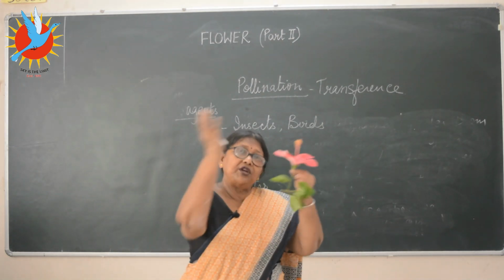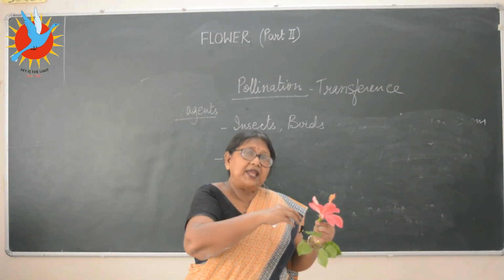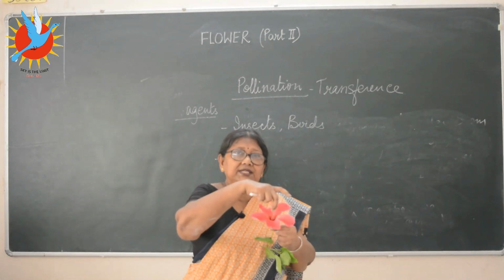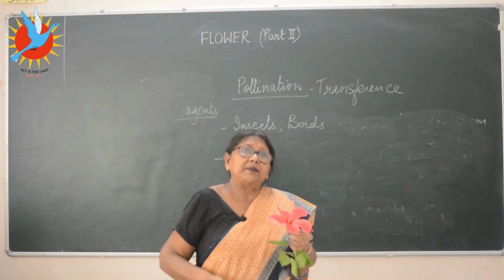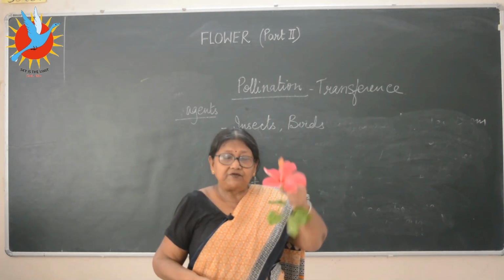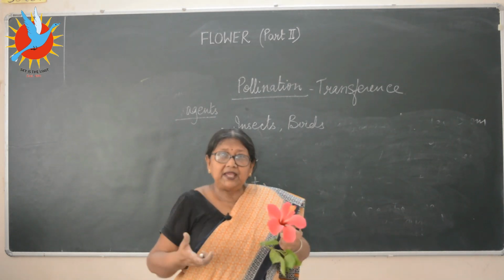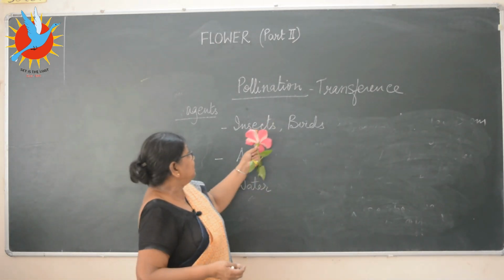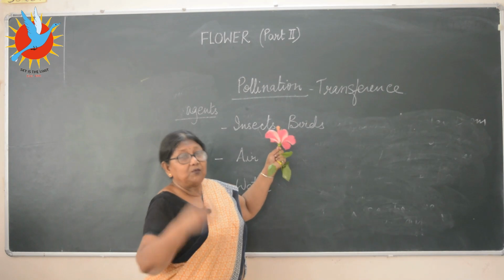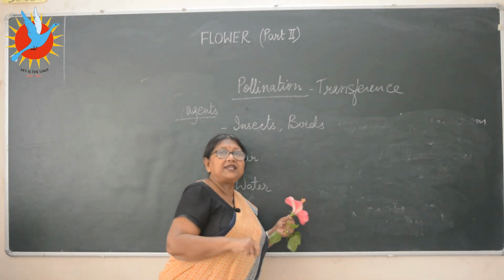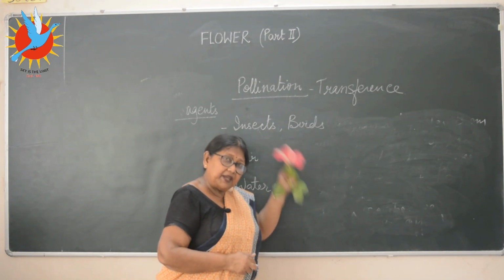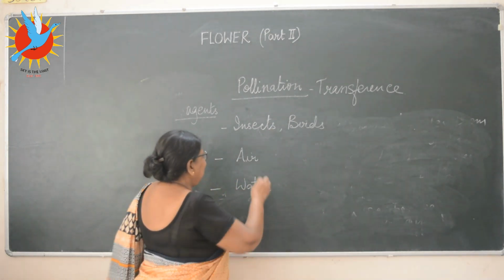When the same insect goes and visits the other flower, what will happen? The stigma is sticky, you remember we did. So the pollen gets stuck to the stigma, and automatically they are bringing about cross-pollination. Flowers have to be very brightly colored, big, producing sweet smell and nectar, and they will be pollinated by insects or birds. The most common insects we see are butterflies and bees. Birds also we have seen, different types sitting on the flowers.